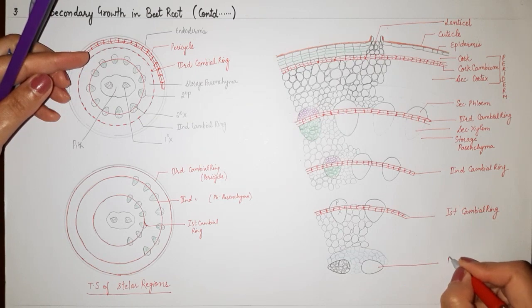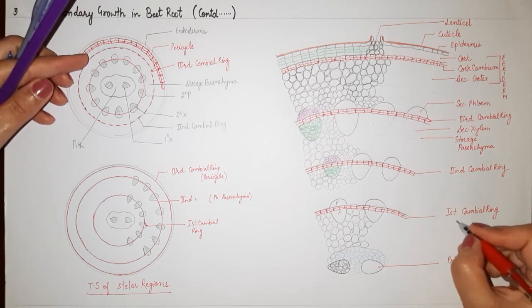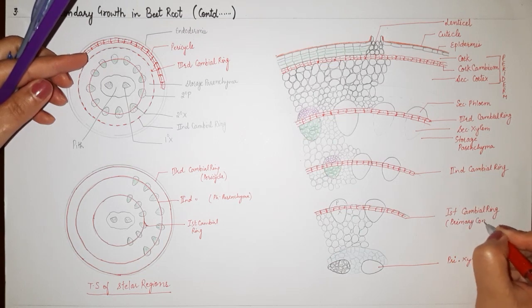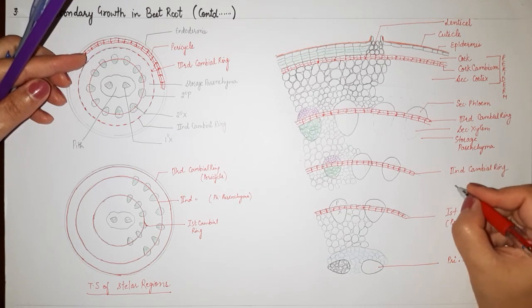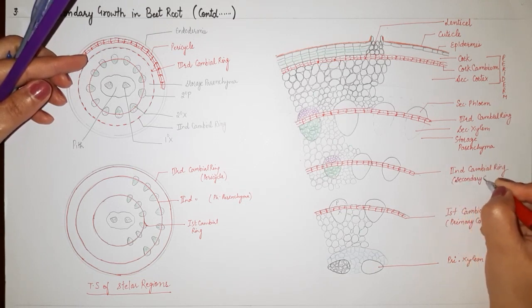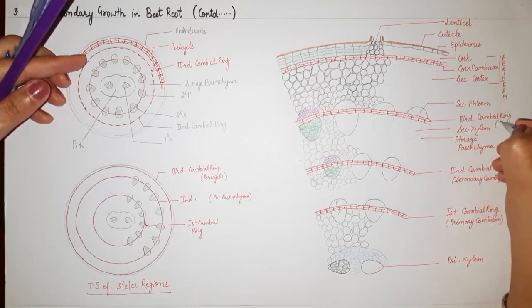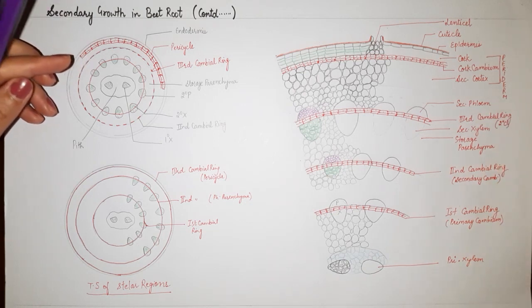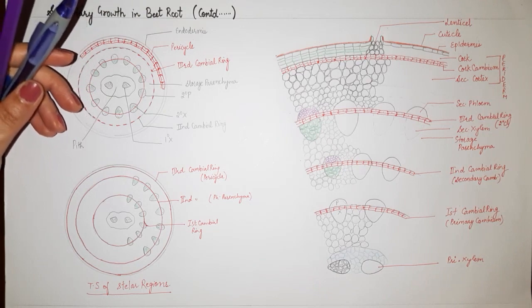This is primary xylem. The primary phloem gets crushed. So this is primary cambium, the first one that developed from conjunctive parenchyma and few cells of pericycle. There onwards, this is secondary cambium. This as well is secondary cambium. Okay, so all other except the first one, they are called secondary cambia.